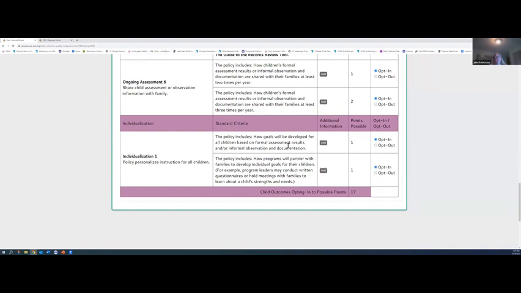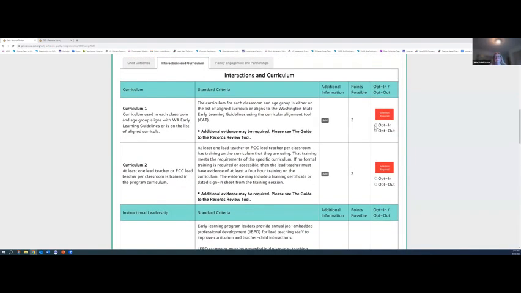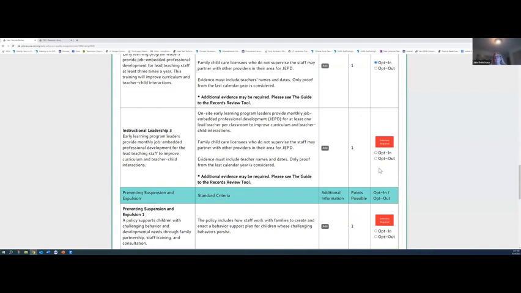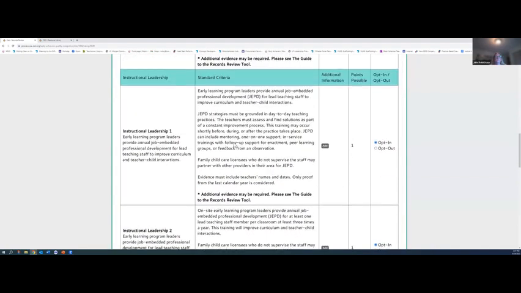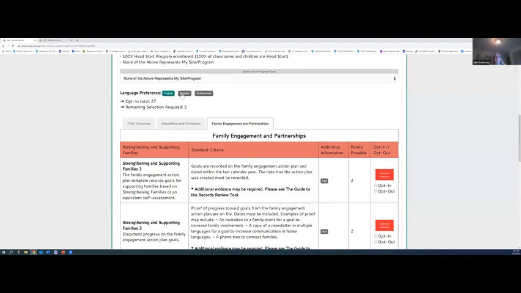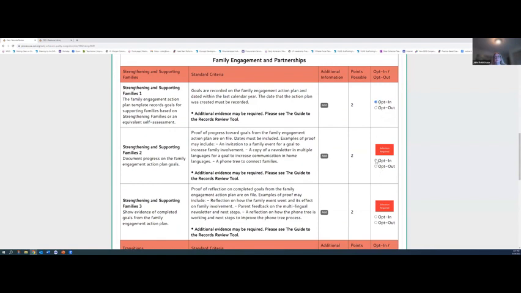And again, they are not able to upload any documentation here because they're just in planning. And it is available in English, Spanish, and Somali. All three languages are available for planning and for requesting.